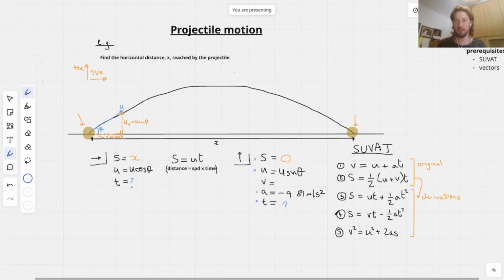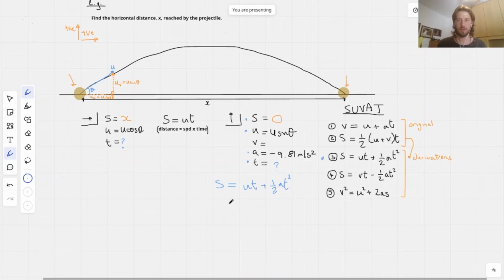Let's choose an equation from our list that has only those 4 quantities. And it's this one. This is also one of the most common ones that you'll use most of the time. So expect to see that one again and again. Now we just fill in the values that we know. So s equals 0. Let's just write it. s equals ut plus 1/2 at squared. Initially s is 0. 0 equals, this is u sine theta